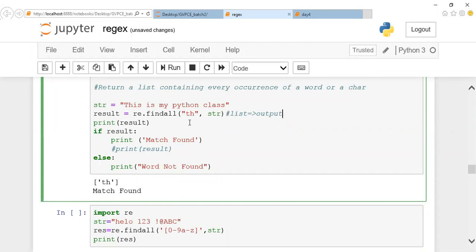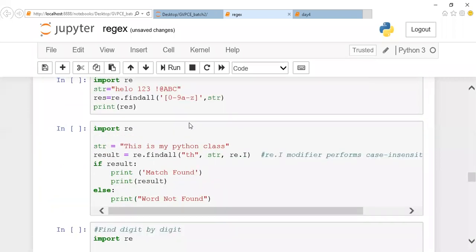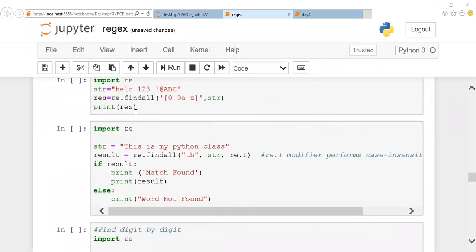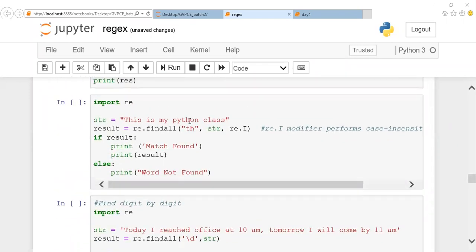Now, if I want to match irrespective of case, I could find two TH. Here one TH is there and here one TH is there. But this TH is in uppercase and this th is in lowercase. I want to fetch all the th occurring in my program irrespective of the cases. I told you yesterday itself, right? Fetching, separating your alphabet and integer. Look at here, irrespective of the cases I want to find.